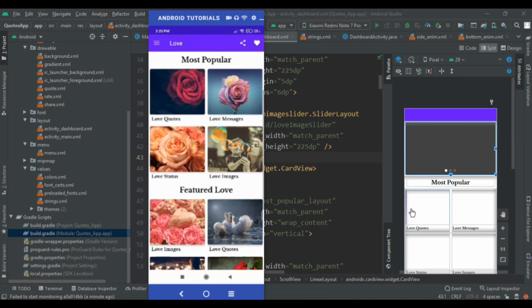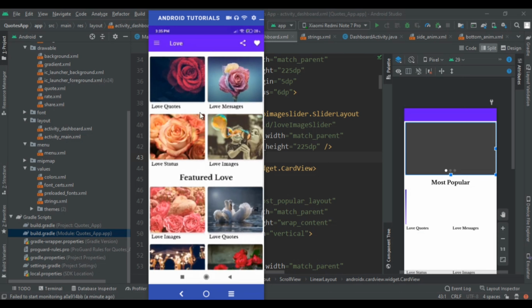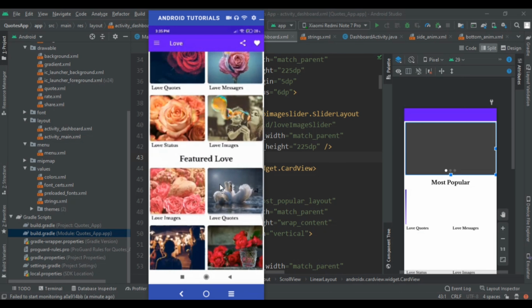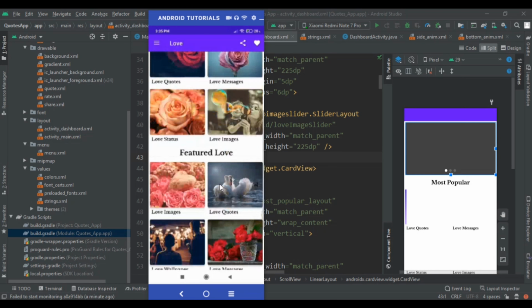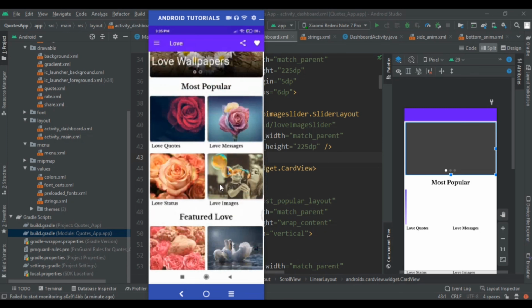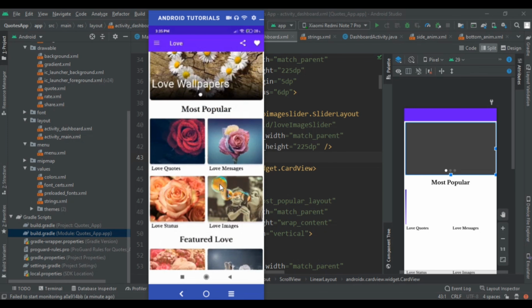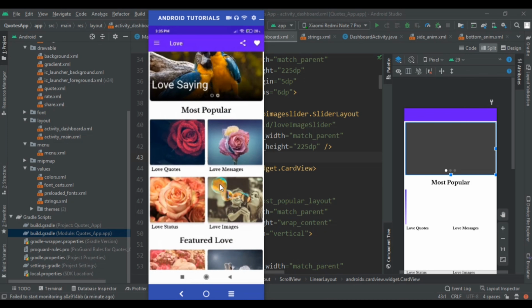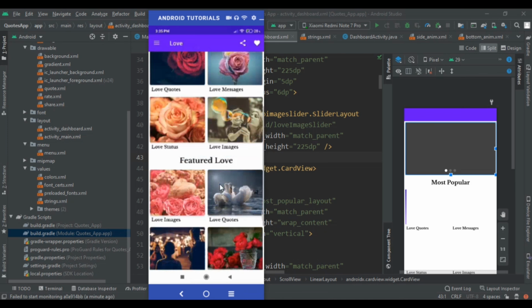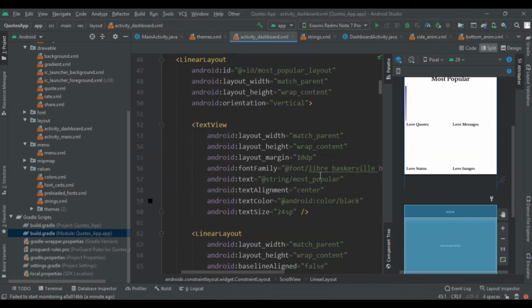You can see that nothing will be shown, just a single line. So to load this image, I will make another tutorial where I am going to show you how to take image from the Firebase and show into our Android application. So for that, let's start our